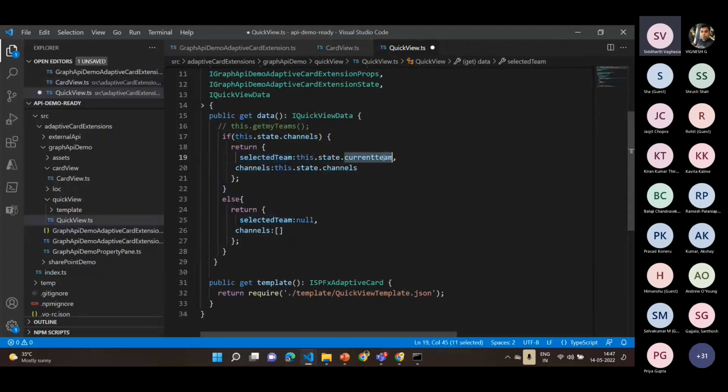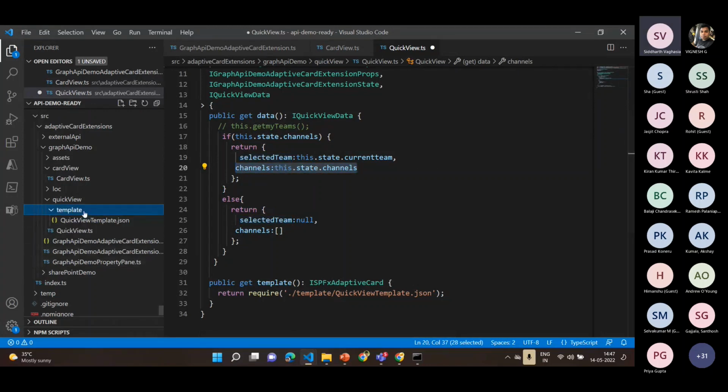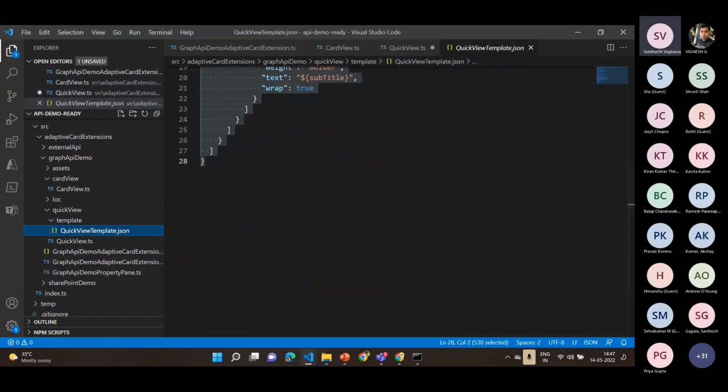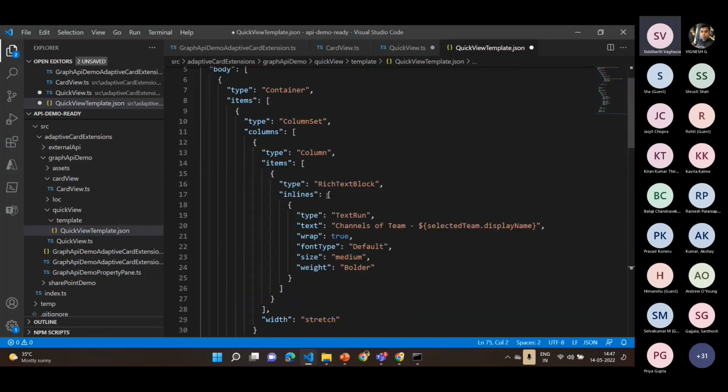So pass the selected team, and we will use the selected team display name to display the team name, and the channels to render the channel. Now next thing, let's load the template JSON, and the template JSON is where we would be rendering the quick